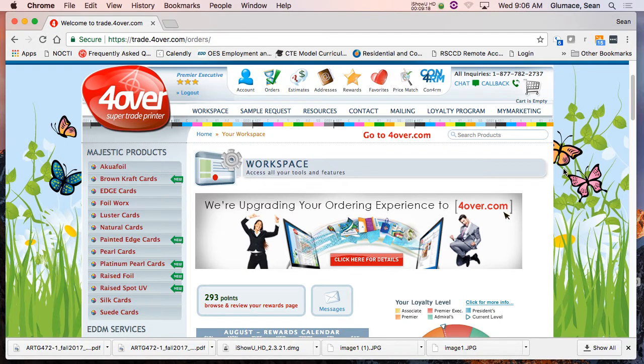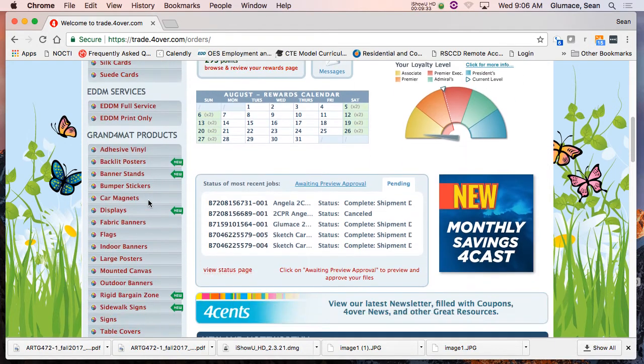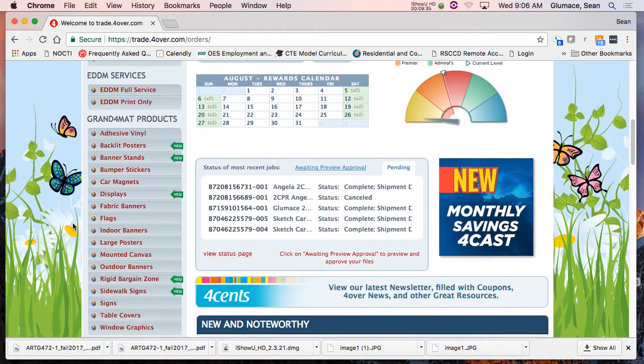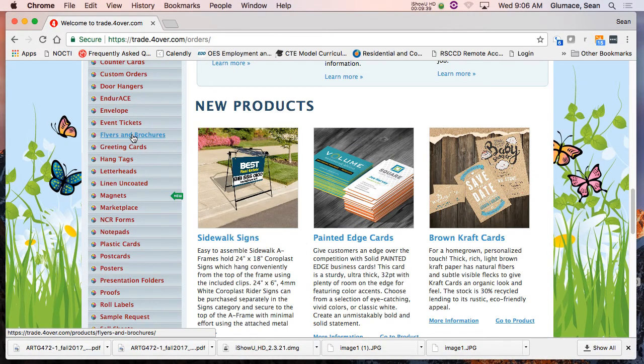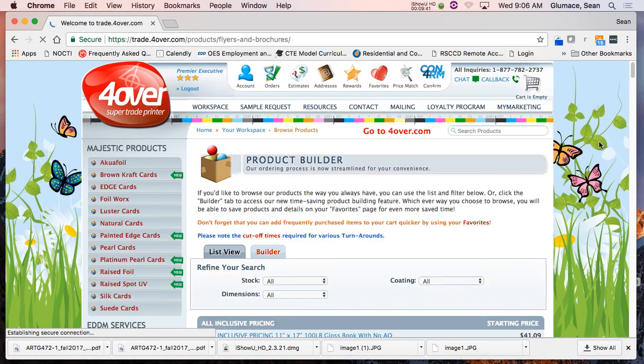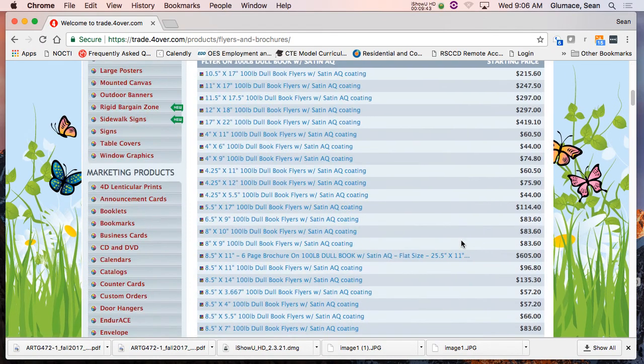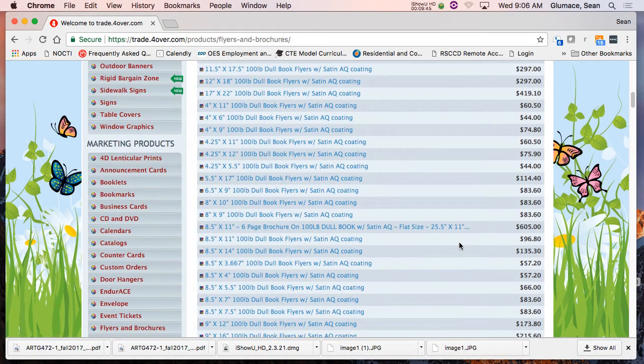So basically, I'm a print broker as well. The reason I do this for all my print work is I can make more money off my printing than I actually do on the design most of the time. So a client came in and said, I want an 8.5 by 11. That would be a flyer. Let's see, so we have the grand format, and what I'm looking for is right here, flyers and brochures. So he said 8.5 by 11.